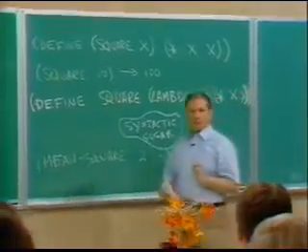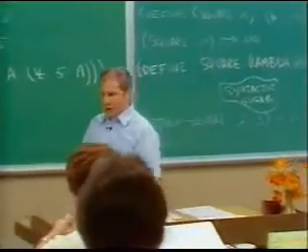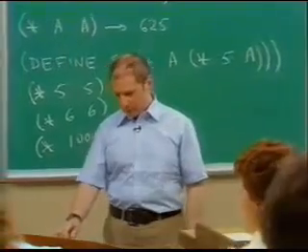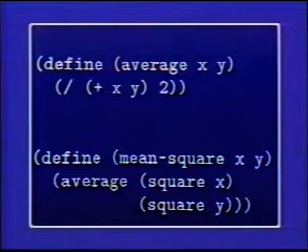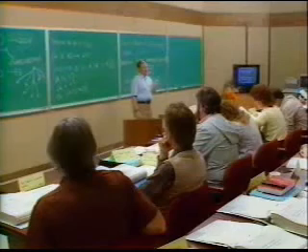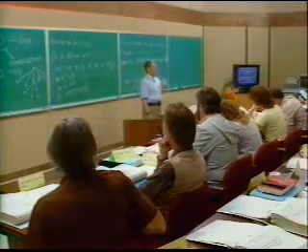The key thing here is that having defined square, I can use it as if it were primitive. So if we look here on the slide, at mean square, the person defining mean square doesn't have to know at this point whether square was something built into the language or whether it was a procedure that was defined. And that's the key thing in Lisp, that you do not make arbitrary distinctions between things that happen to be primitive in the language and things that happen to be built in.